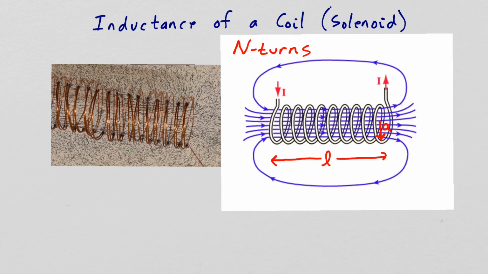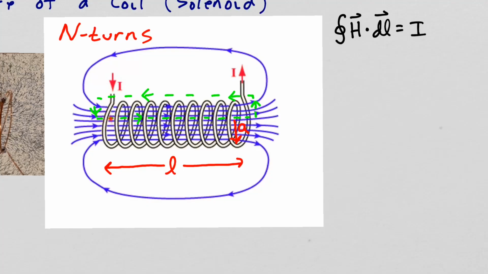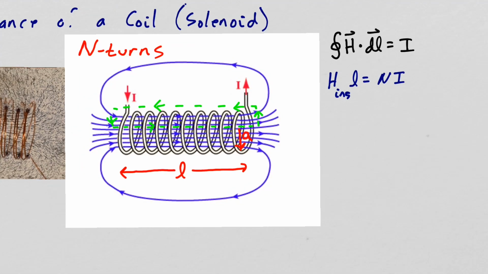So let's first use Ampere's circuit law to get the magnetic field intensity inside our coil. Our Amperian loop will go down the center of the coil, up and around, and we know the integral of H dot dl will equal the current enclosed by this Amperian loop. So down the inside of the coil, we'll get the magnetic field intensity inside the coil times our length L. The contributions to the integral of H dot dl from the other three sides of our Amperian loop will be negligible compared to H inside times L.